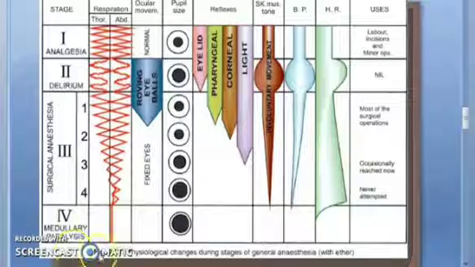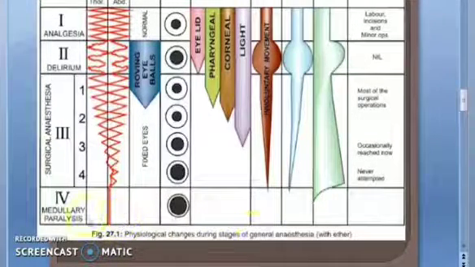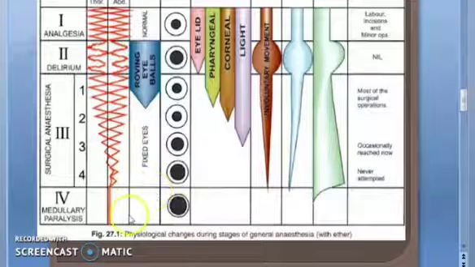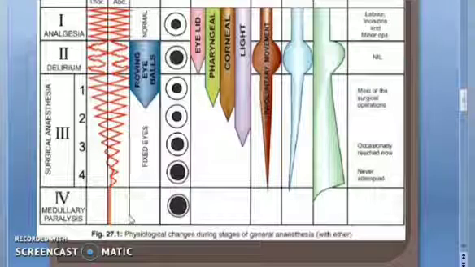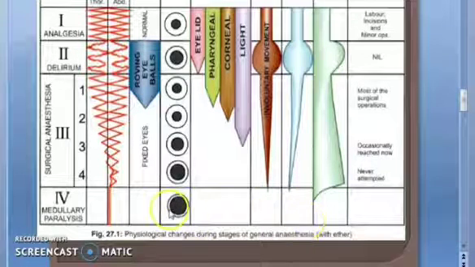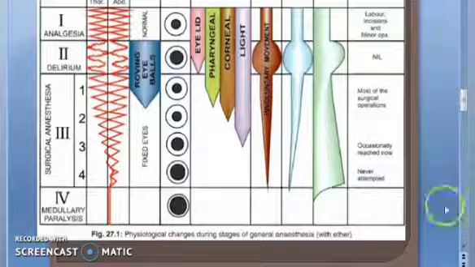Now let us move on to the fourth one, medullary paralysis. Here the breathing has stopped. You can see there is a dilated pupil, widely dilated, and the person can go into coma or death. So nobody actually wants to take you here. Don't worry. In medullary paralysis, the muscles are totally flabby, pulse is thready, imperceptible and BP is very low. This much you don't need for your MBBS level. Let's move on guys.